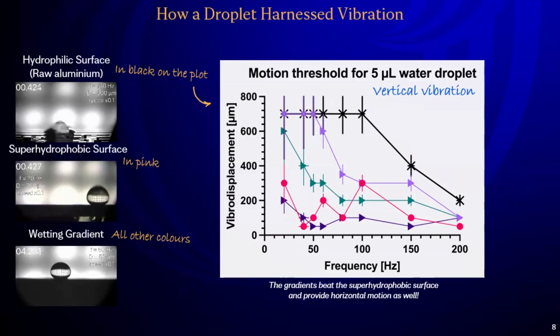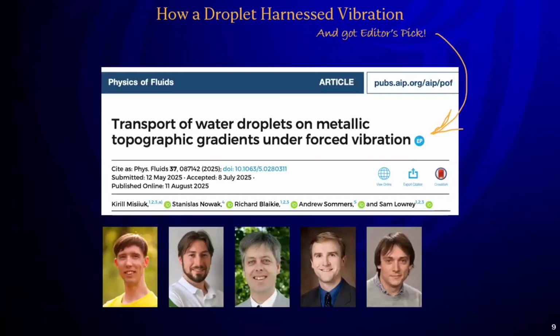So for some combinations of frequencies and amplitudes, we can see that wetting gradients outperform even commercial coatings, meaning that we initiate droplet motion even earlier than it's happening on a standard superhydrophobic surface. So we were like, cool, we should probably write a paper about it. We wrapped it up, put some physics in it, explained some different things, submitted it, and we got Editor's Pick. Editors wrote us that the contribution to the field was so fantastic that it deserves something.